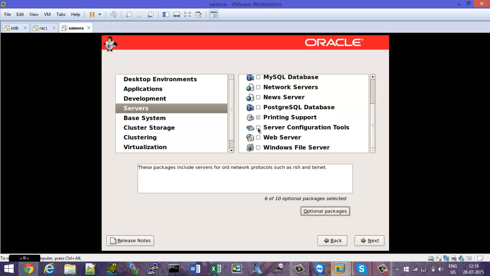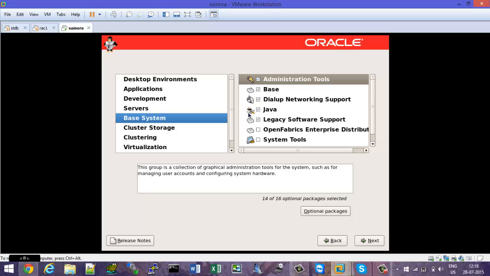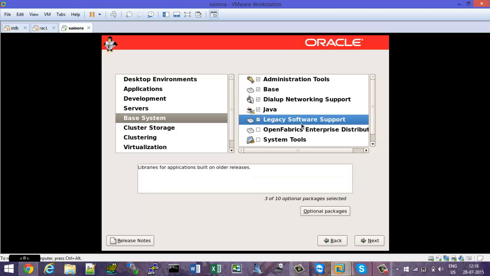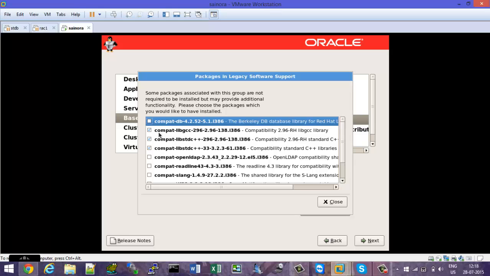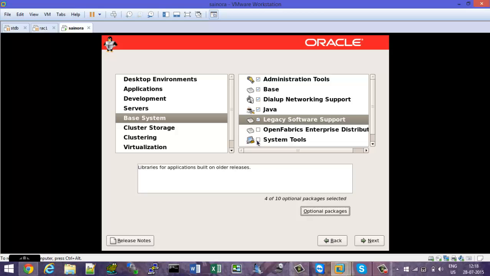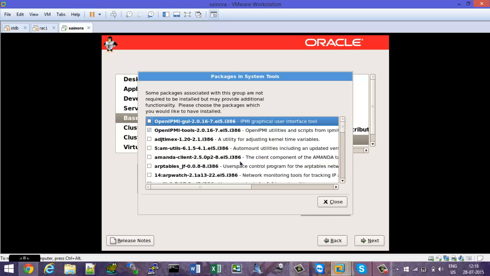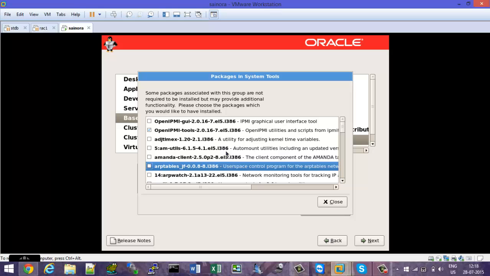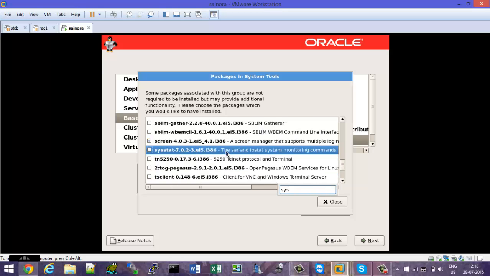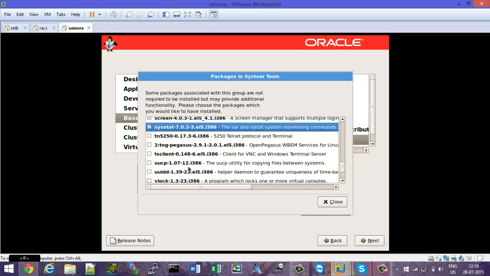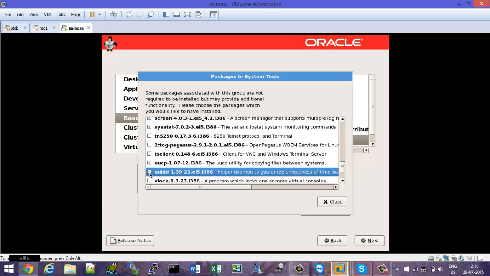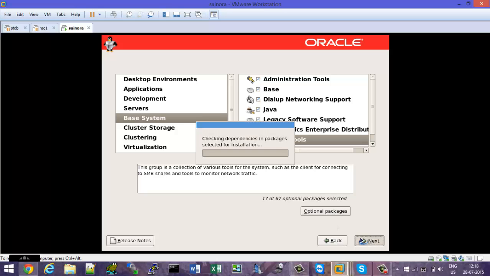You will find a server configuration tool. Click on that, go to base system, click on legacy software support, and it is an option where you need to choose. Okay, and click on support tools, and just you can type, you need to select systat, and in order to improve the disk quality you can select these two files, UUCP and ULDT. Click on OK, click on next, click on next,